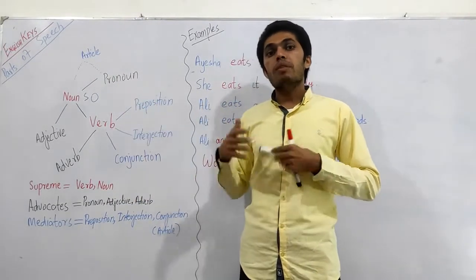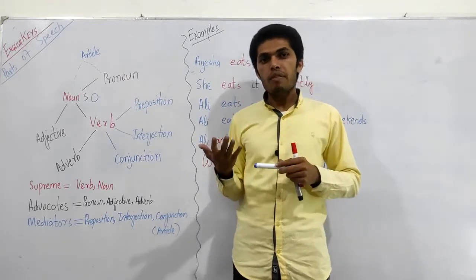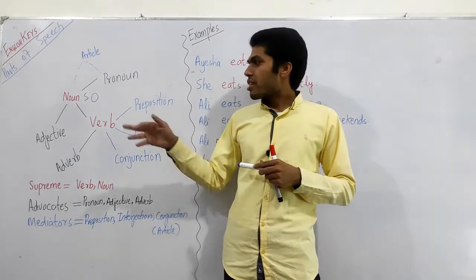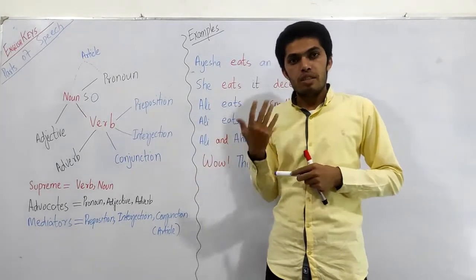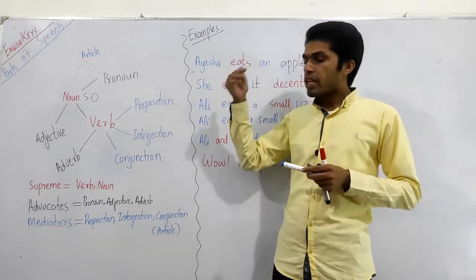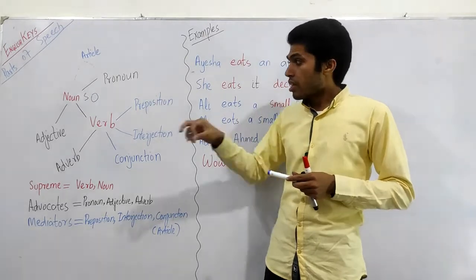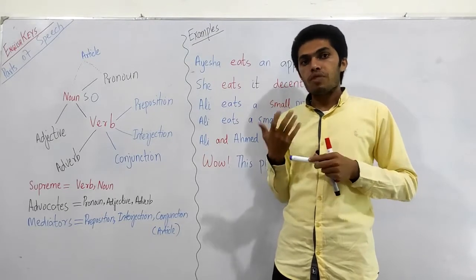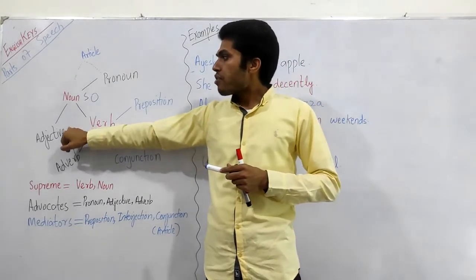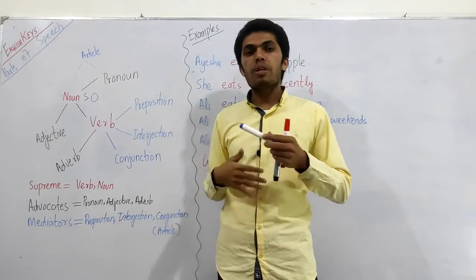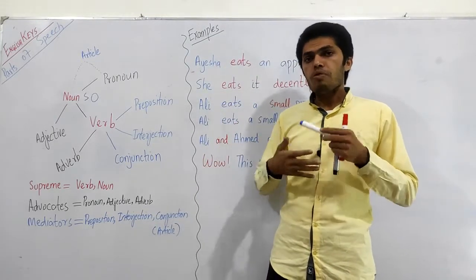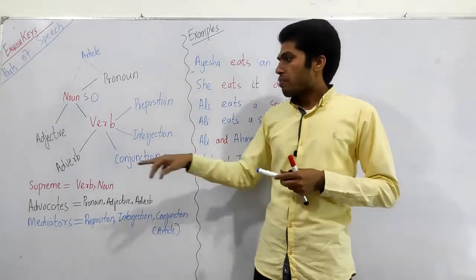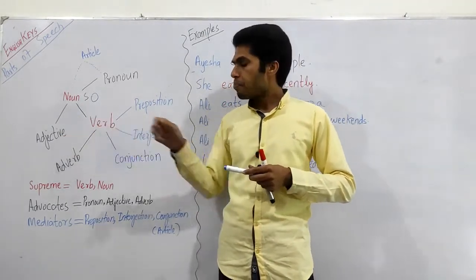Now what does the pronoun do? The pronoun actually comes in place of the noun. When the noun is on leave or is not present, or has some busy engagements, then the pronoun comes and does the job of the noun. I will explain them with examples as well. Then we have the adjective. An adjective is a part of speech that gives additional information about the noun. A noun can be small, a noun can be big, so different qualities of the noun are expressed or described with the help of adjectives.